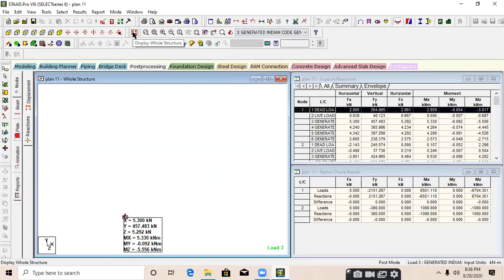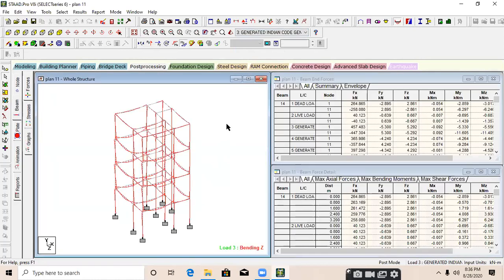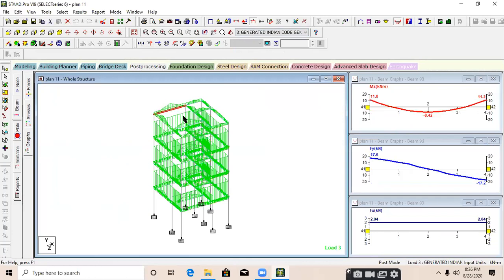For the whole structure, click on that icon, display whole structure. Go to the beam and you will find the bending moment diagram. Just go to graph if you want to see a bending moment diagram of any beam and select that beam. Suppose I want to see the bending moment diagram of that particular beam.